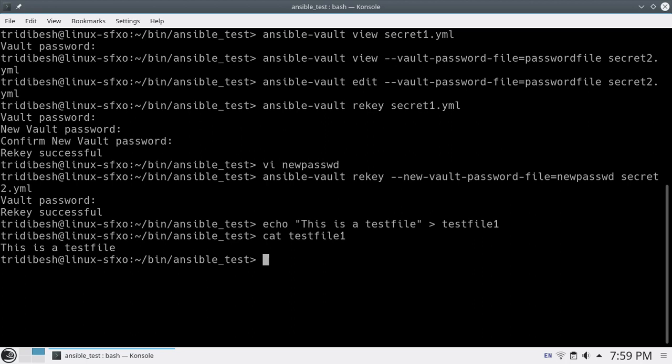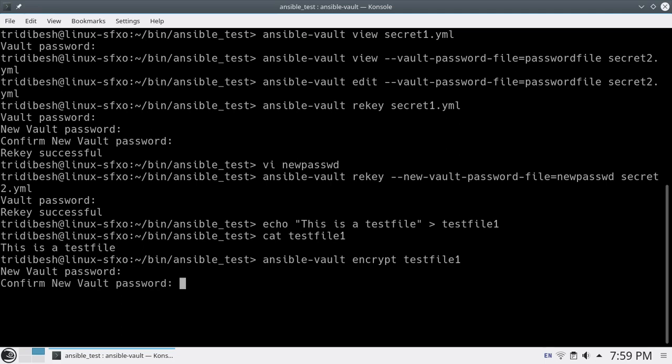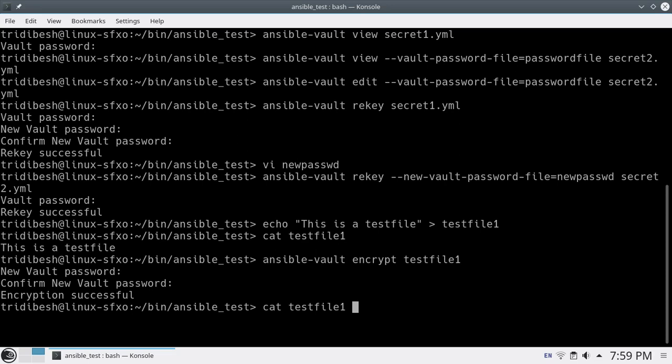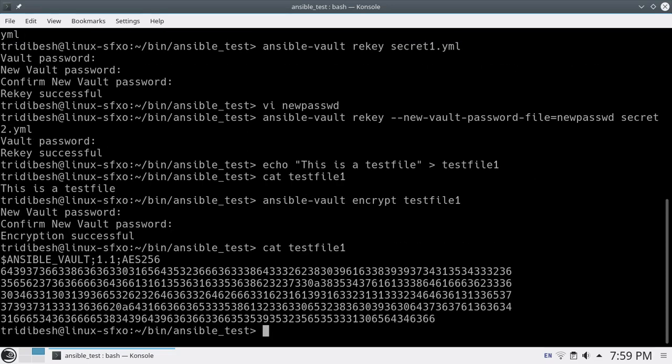Now how to encrypt this? You do the same thing, ansible-vault. Here you use encrypt, not the create option. So use encrypt, and you do testfile1. It will ask you for a password. So you give pass,123. Now if I try to do cat, it is not showing.